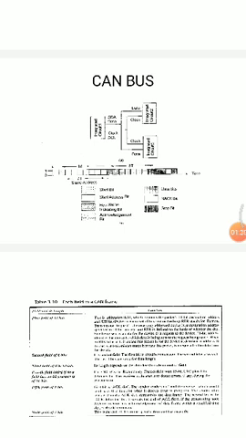RTR is defined based on whether the data being sent is for a device or is a request to the device. When the RTR bit is set to 1, it means the packet is data for the destination device. If the bit is 0, it means the packet is a request for data from the device.